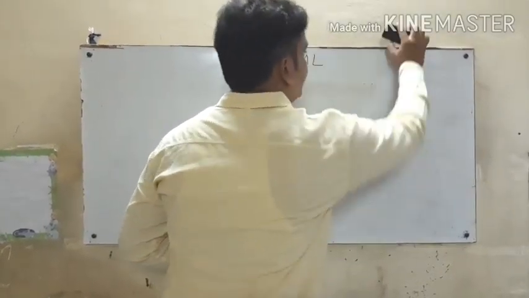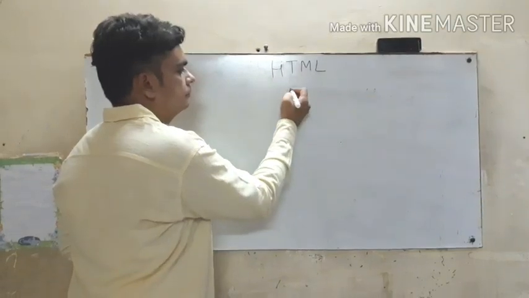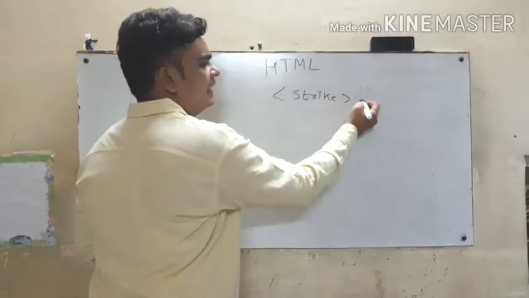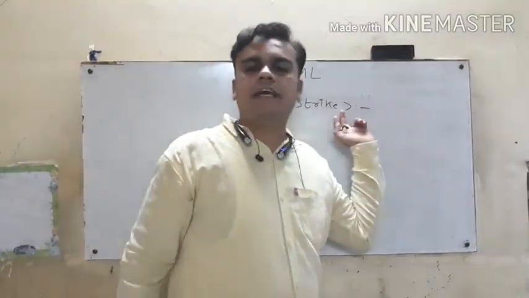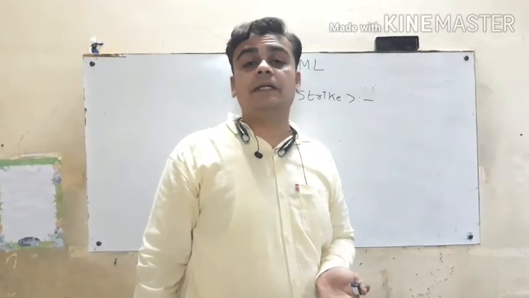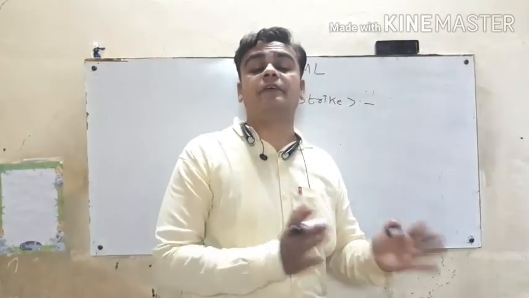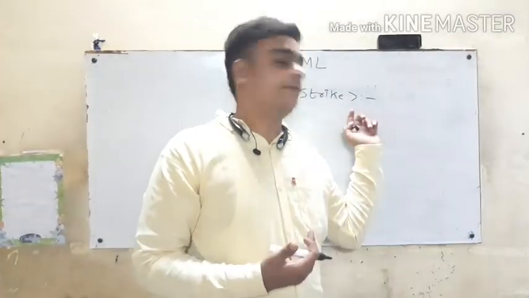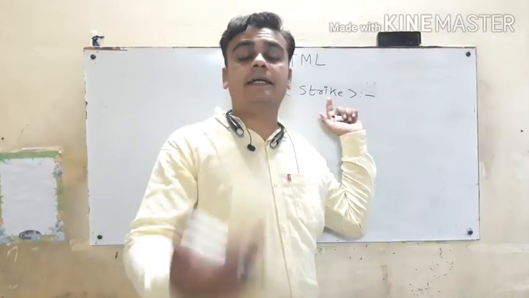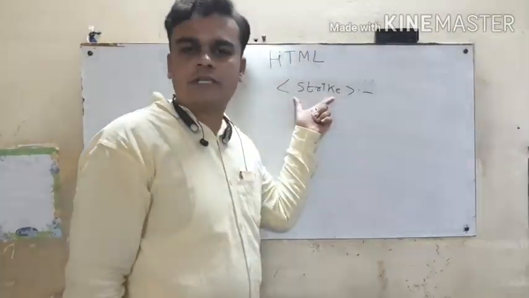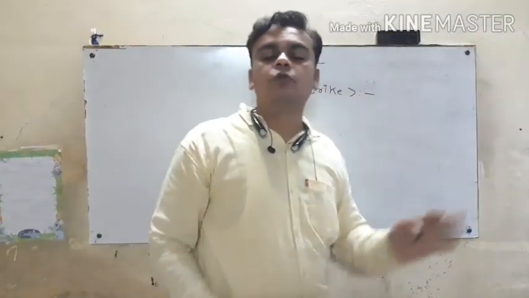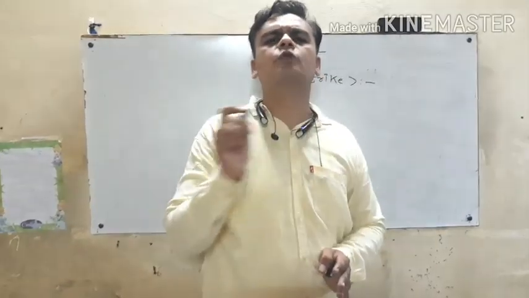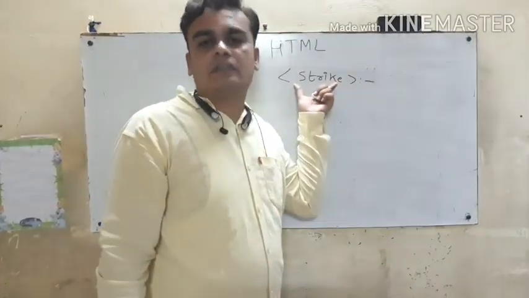So our next tag is the strike tag. This is a very interesting tag. Generally, we have seen its effect at so many places in websites, especially Amazon, Flipkart, where we have actually seen it. When we discuss the example of this strike tag, at that time you will realize it. Now, what is the role of strike tag? This strike tag is used to draw a horizontal line through the middle of the text, or you can say it is used to cut the text. In that case, strike tag is used.